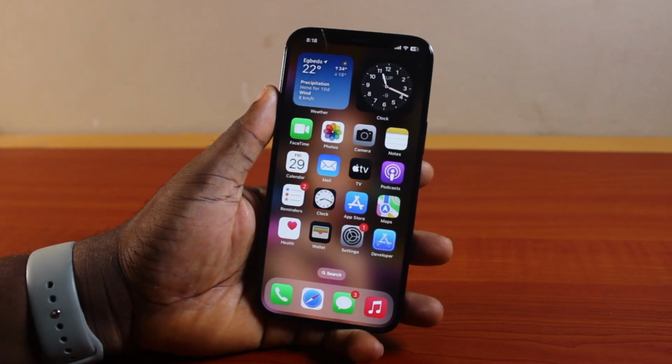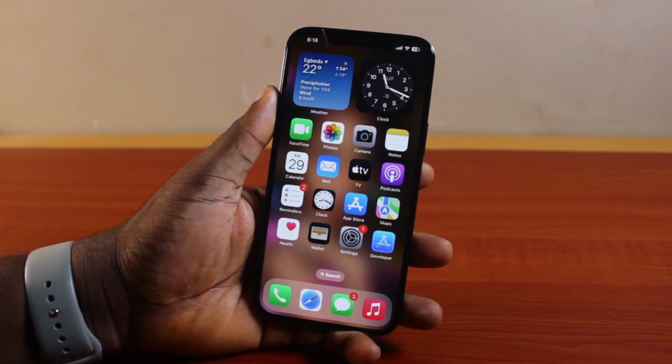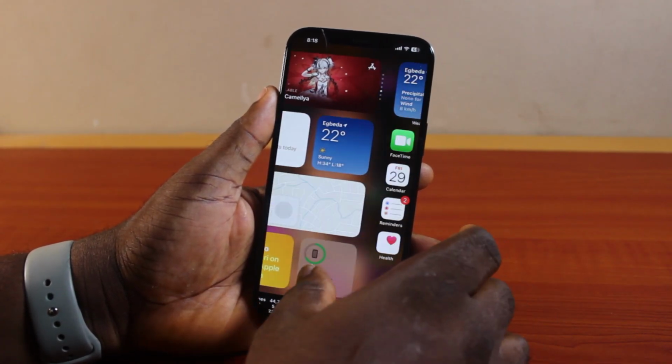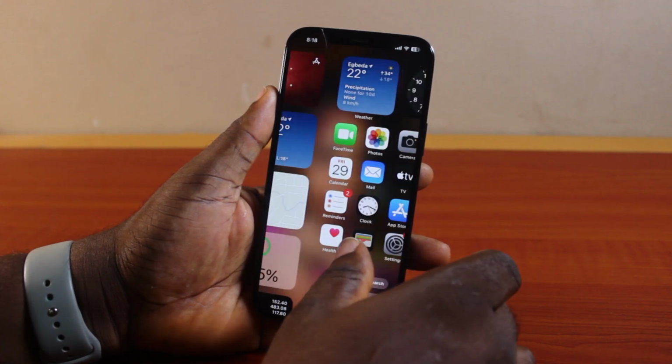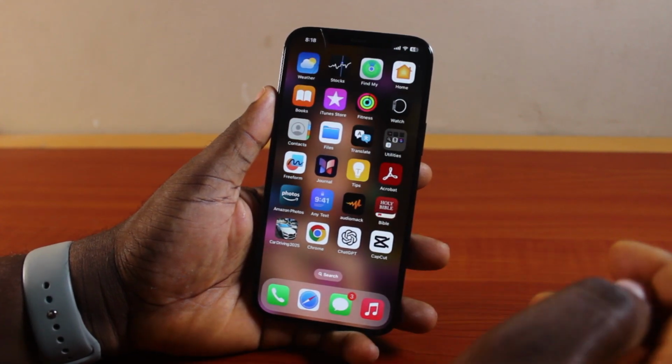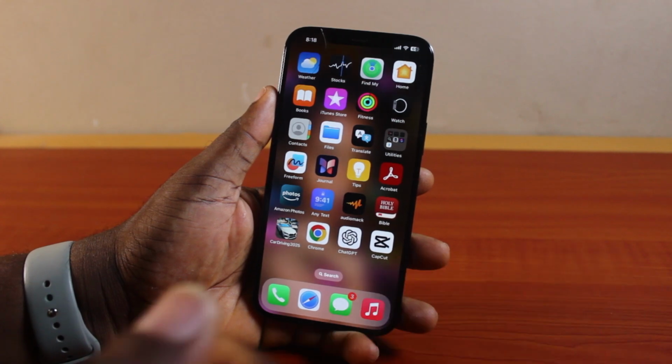How to delete old wallpaper on iPhone. So if you want to delete your old wallpaper on iPhone, or you set a new wallpaper and now you want to delete existing wallpaper on your iPhone, then this video is going to walk you through how to do this